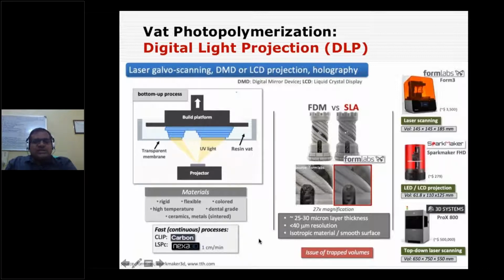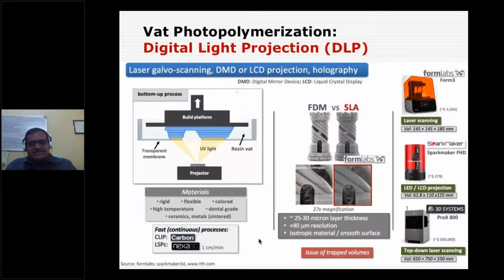That's what I was trying to put in the classification, metal printing and ceramic printing, but I could not. Why? Because of nowadays' technological growth. With SLA you can print not only polymers, you can even go for ceramics and metals. Even for FDM you can make metals now. So I could not do a material-wise classification, and then I stuck to only the ASTM